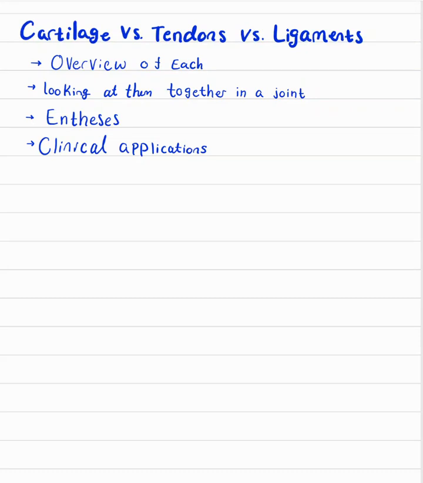So I'm shadowing an orthopedic surgeon right now, and I just wanted to go over the basics of some of the things that they'll bring up and they'll see. I want to start with something super basic to orthopedics, and that's cartilage versus tendons versus ligaments. First, we're going to go over what each of them is, and then we're going to look at them together in a joint, and then we're going to look at this word that I came across,